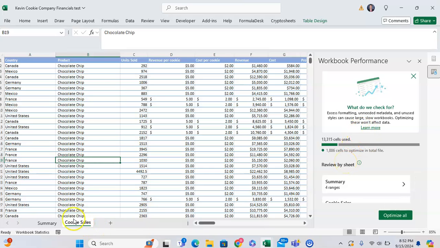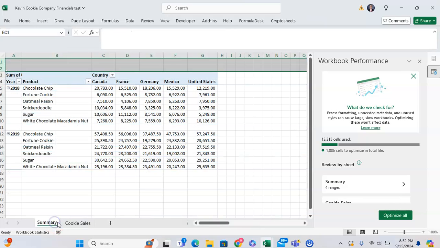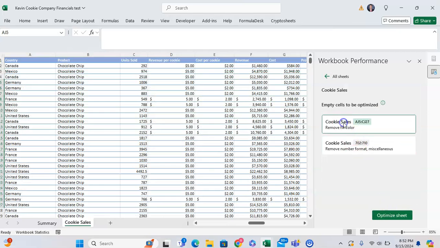As you can see, this is a simple workbook. It's just some data and a basic pivot table, and 13,000 cells are used. But 1,800 cells can be optimized. Now, one thing that's cool is that you can go to each of the tabs and see what Excel has identified as